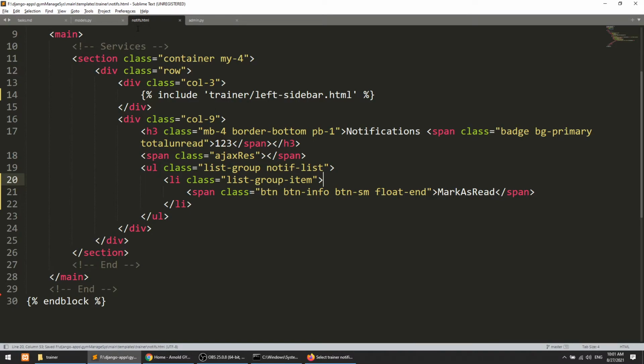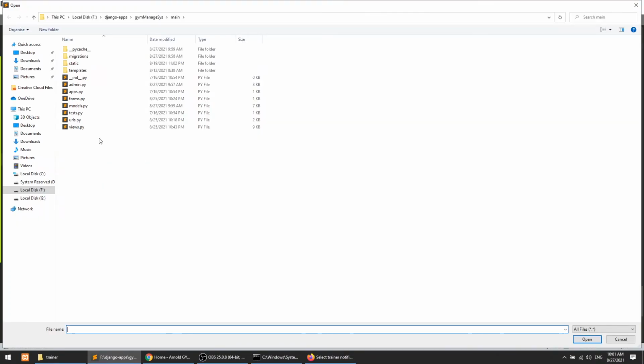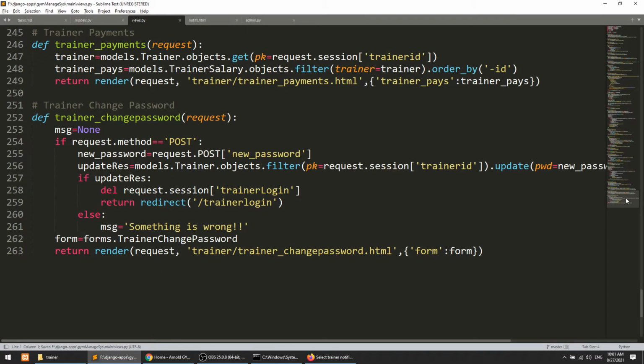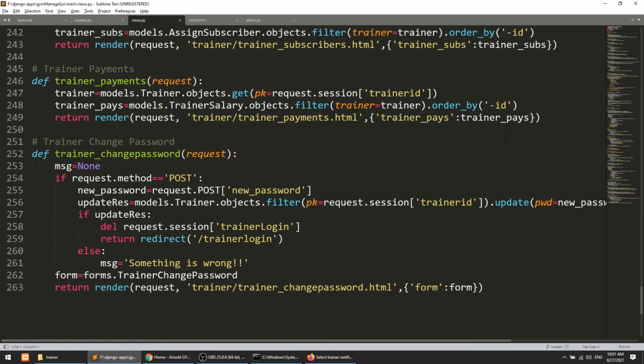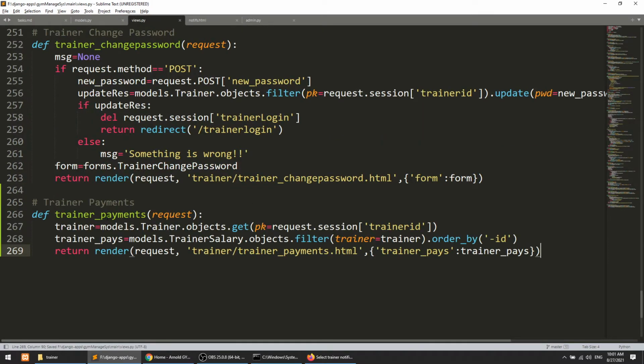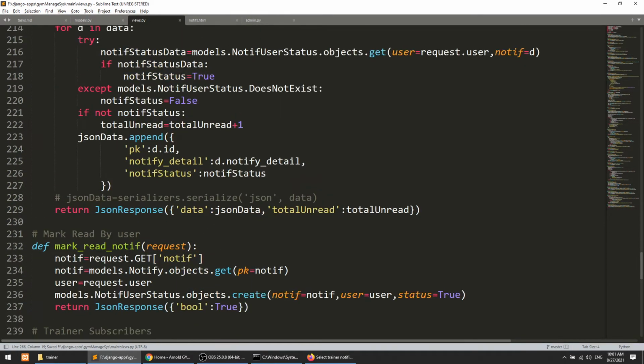So let's pass the notifications to this template. I will open the views.py file. Here is the trainer payment view, so I'll copy this and paste it here. This will be trainer notifications, or you can shortcut it to trainer notifs. Here we are going to make some changes.